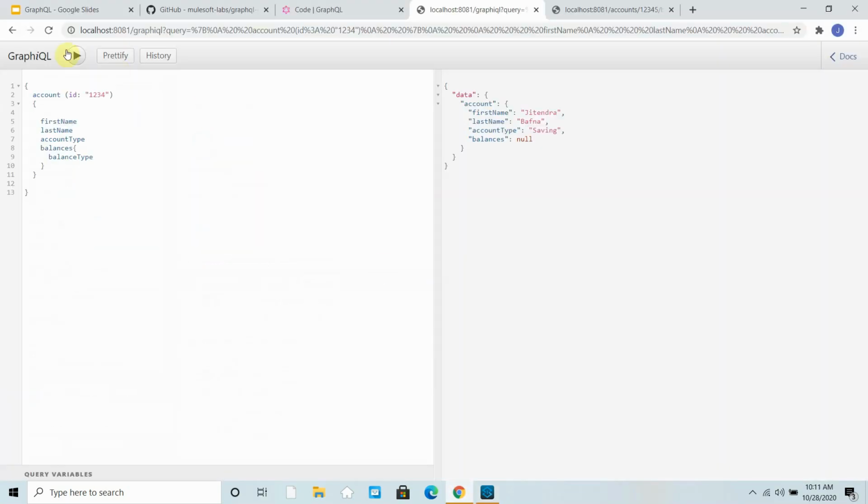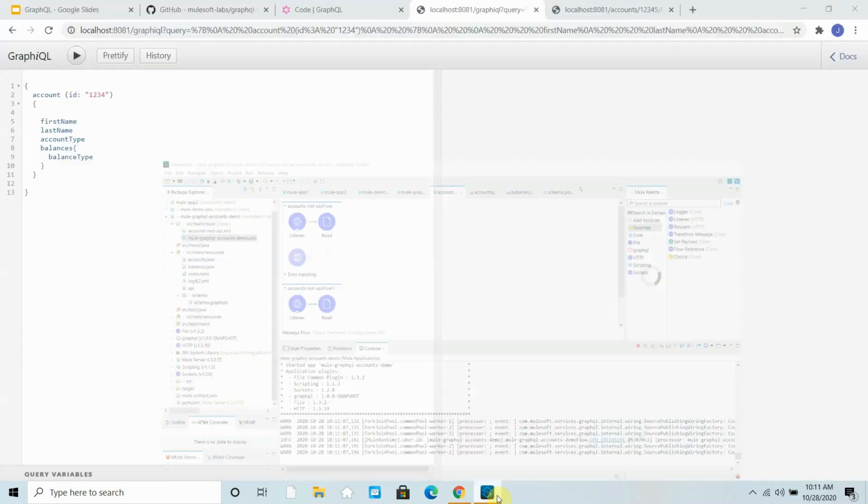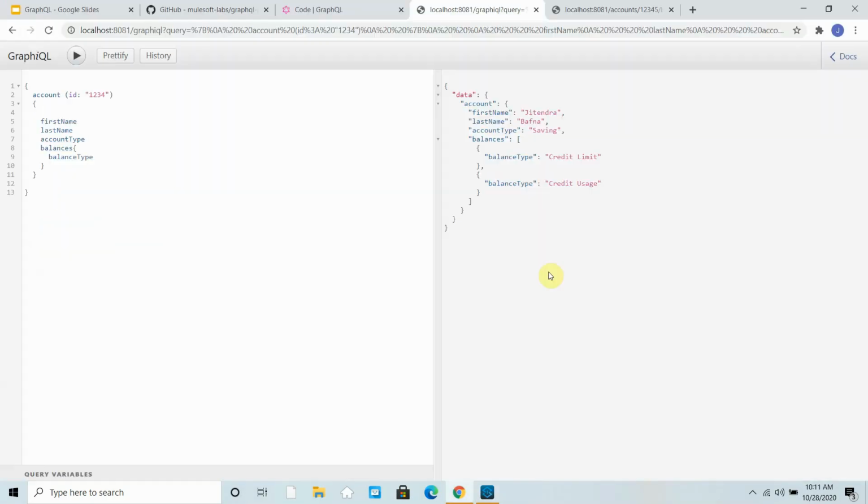Application got deployed. Let me send it. Okay, I got the successful response. I got first name, last name, balances. If I want amount also, I can add amount.